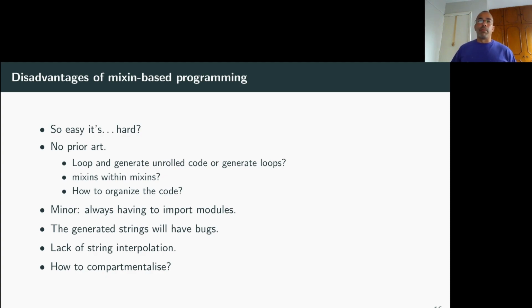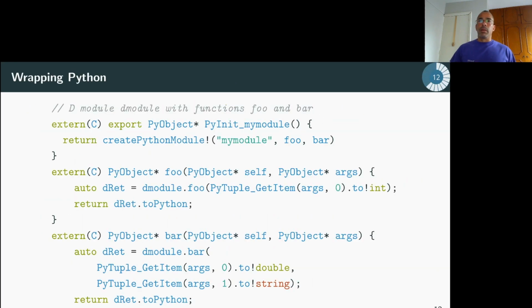I still don't know how to compartmentalize the code. For instance, for each one of the D functions, I needed to synthesize out of the ether a C function with a particular signature. So for these two, foo and bar, I had to create functions as I went along for each particular D function. And the way we're doing it here is by appending more strings and more strings. And where do I put them? Where do I generate them? I'm just appending to an empty string, and it's hard. It's not very neat. It's not organized.